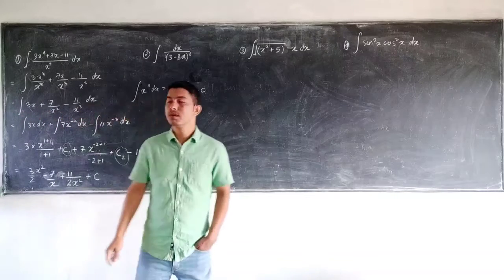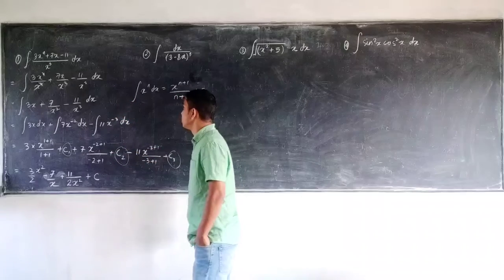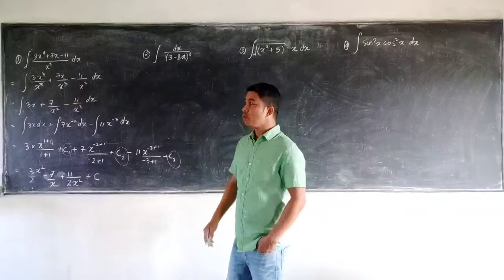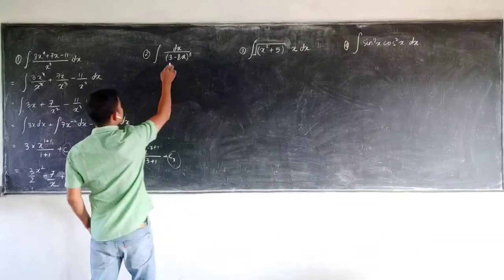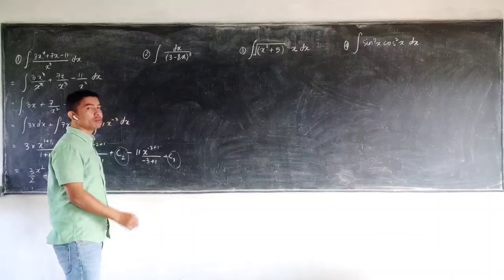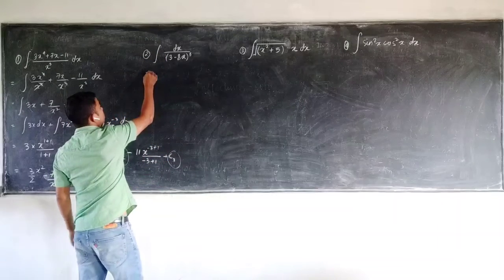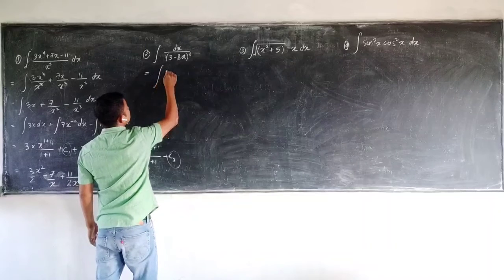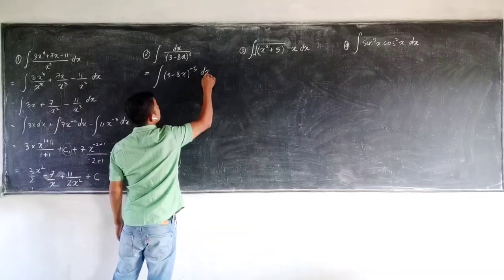So this is how we solve such kinds of questions related to integration. Now coming to type 2, how will we solve this kind of integration when we have the terms only in the denominator? So I'll take the denominator to the numerator. So I'll let this equal the integration of (3 minus 8x) to the power minus 5 dx.